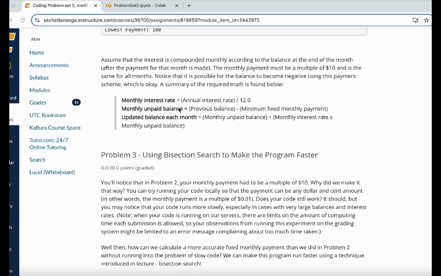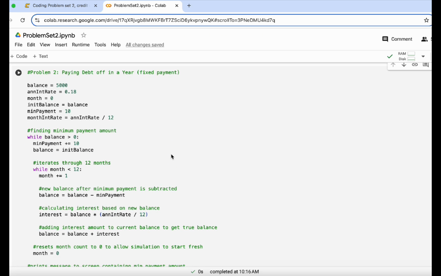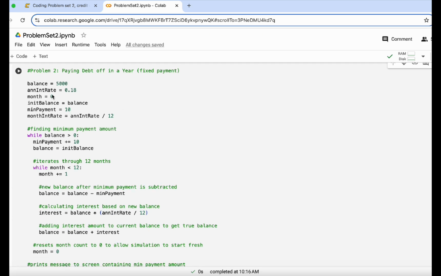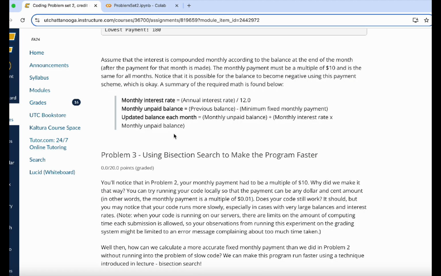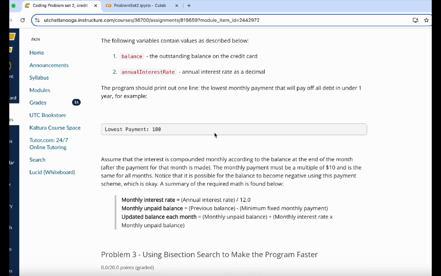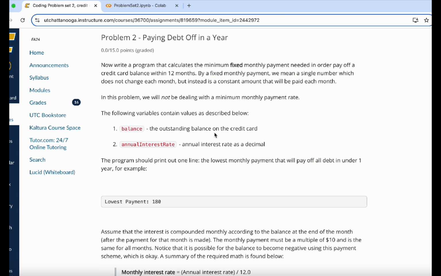Similar to the last one, we have down here the math we're going to need. So we're going to need to calculate a monthly interest rate, a monthly unpaid balance, and then an updated balance each month. So let's head over to the code here. So up top, we have all of our variable declarations: our balance, our annual interest rate, our month counter, an initial balance, which I'll explain down below, a minimum payment amount, and then a monthly interest rate, which we saw in the math. Now, this minimum payment amount is going to be in sets of 10,